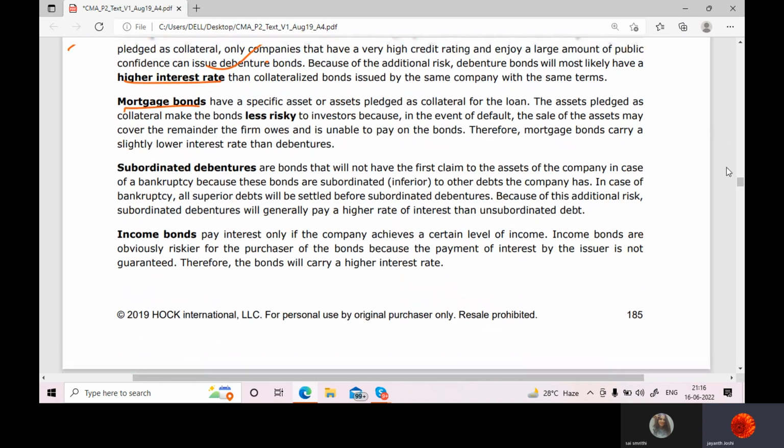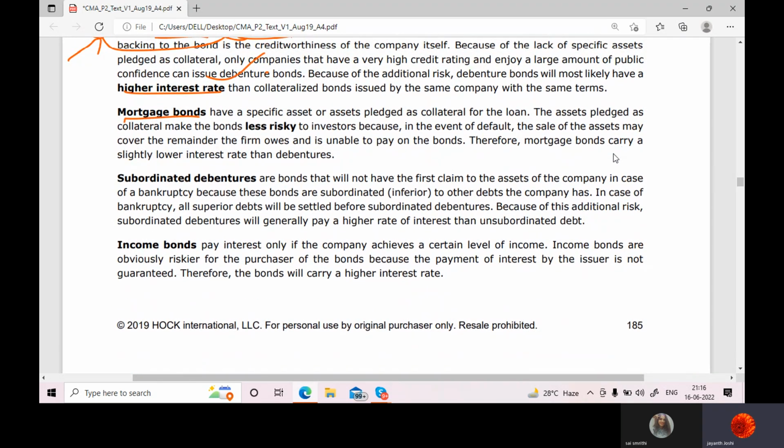Mortgage bonds are nothing but the bonds based on the mortgage of assets. Mortgage bonds have specific asset or assets pledged as collateral for the loan. Okay, so for example, the assets pledged as collateral make the bonds less risky to investors, because suppose this is an investor and this is a company that has issued bonds to the investor, and those bonds are having the backup of assets. Okay, which assets? The mortgage,